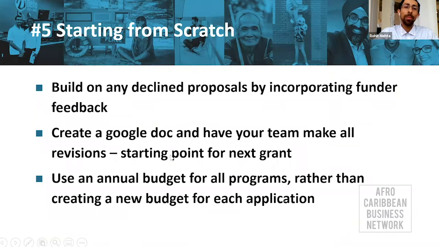So remember that anytime your proposals get declined, get that feedback and then submit it again next time with that feedback, right? So don't completely submit a brand new idea just because it was declined. Speak to the funder, obtain that feedback. And as I said, you start where you left off.